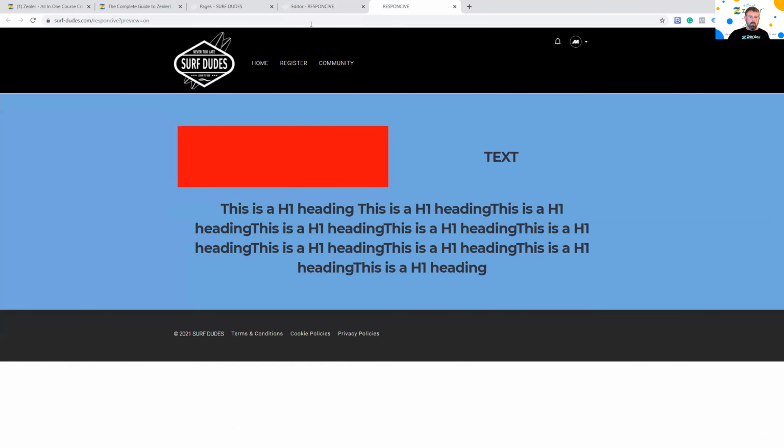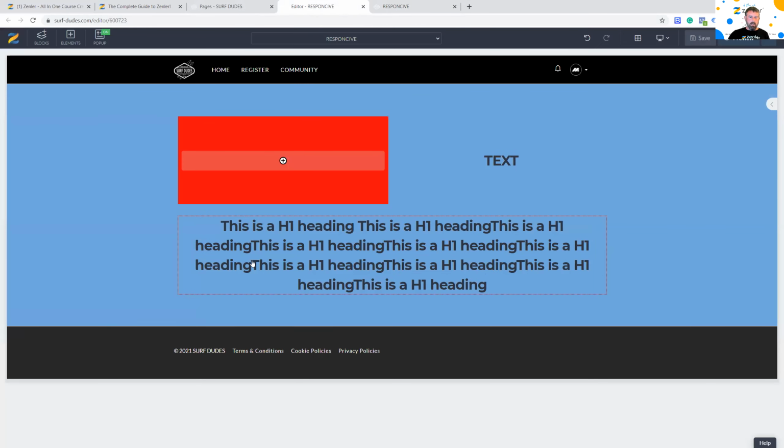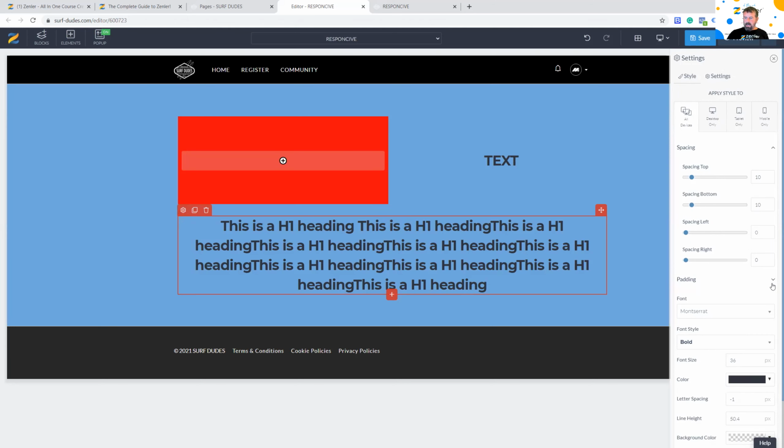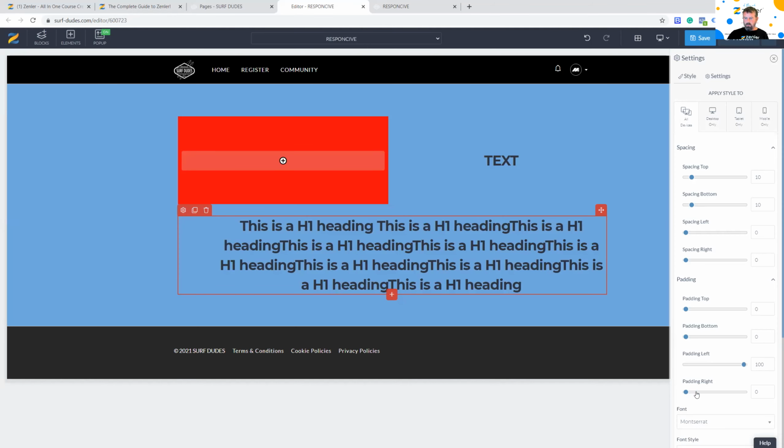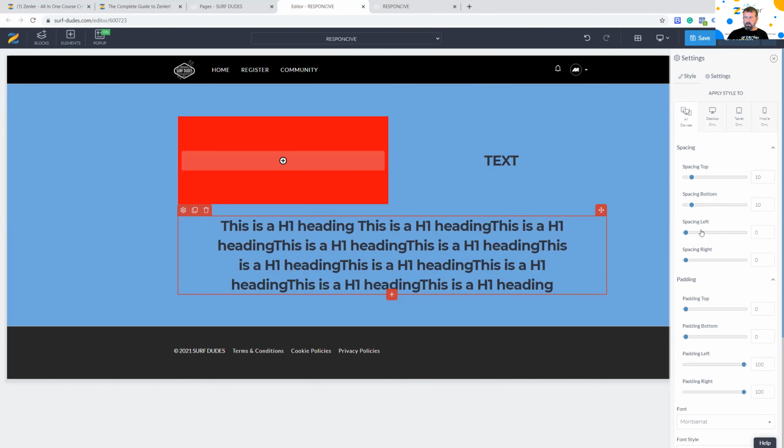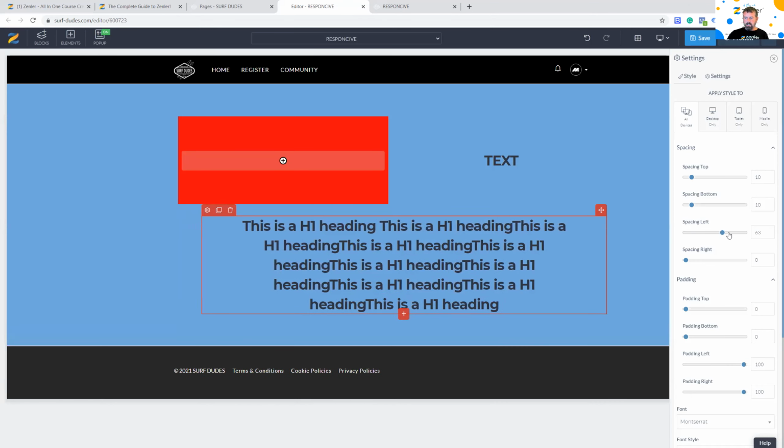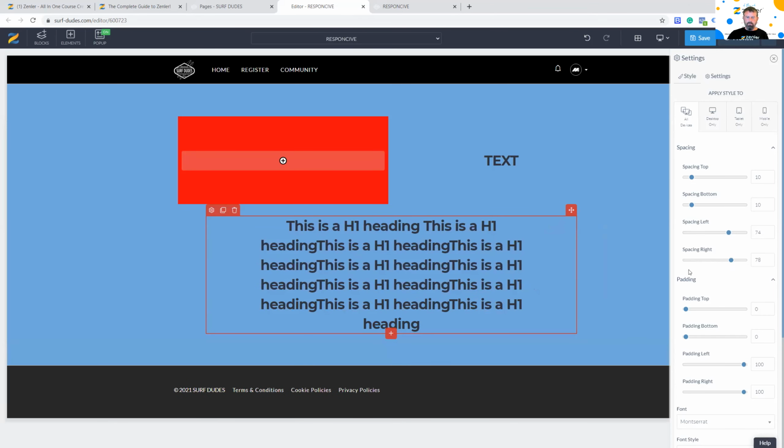But this is the big but. If we go into this element and we go mad, we decide we want this to have padding 100% this way, and 100% padding that way, and then I decide to take this spacing in this way and the spacing in that way. All looks good, and this is what people do a lot. They put spacing in, padding in, and push everything in and in and in, and it looks great. You're looking at it on screen, you go, yeah, that's centered, that looks good.